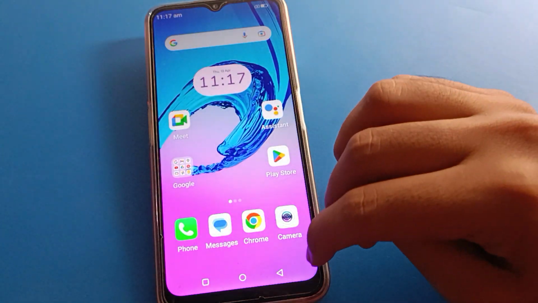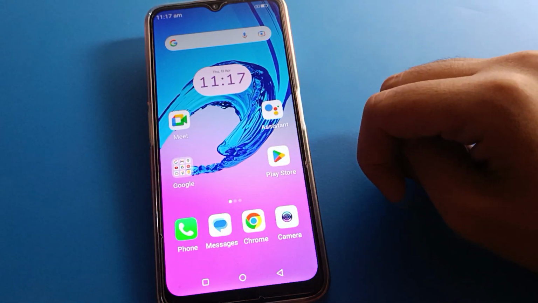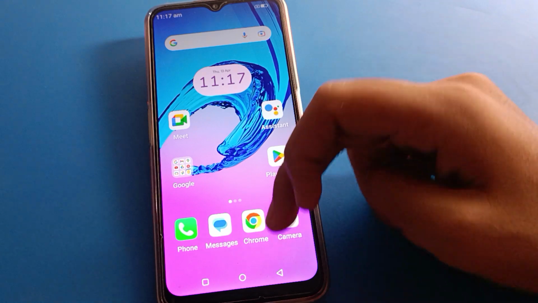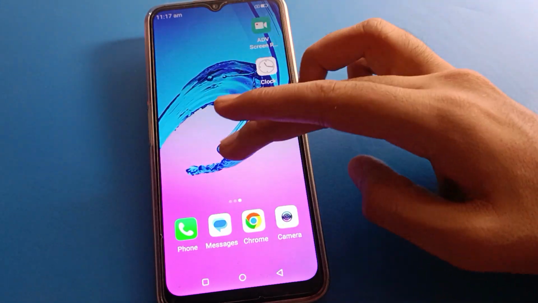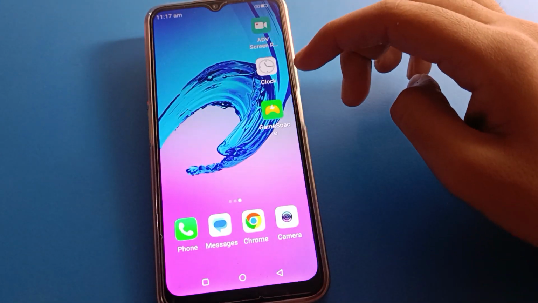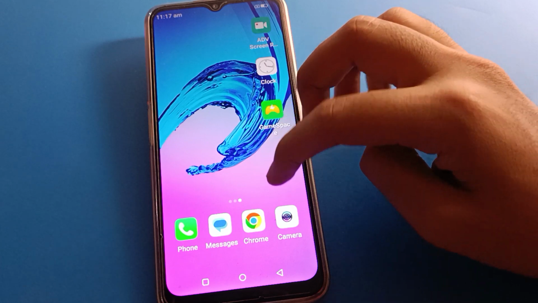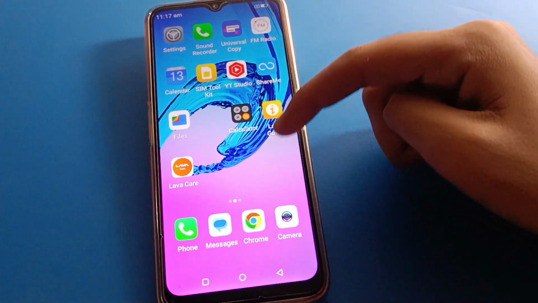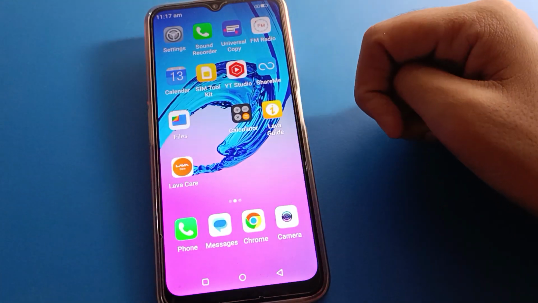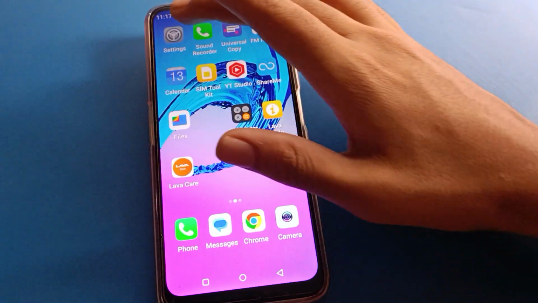So, friends, click here, and the home screen mode will change, and you cannot swipe here in your Lava mobile. Friends, all icons will show on your display. So, friends, you cannot use the Lava mobile app drawer mode setting. And, friends, if you again want to use the app drawer mode setting,